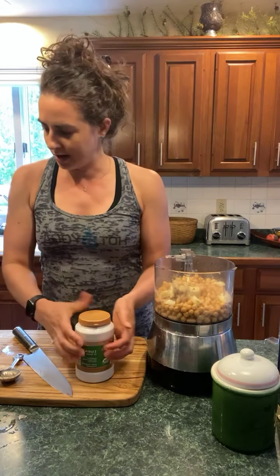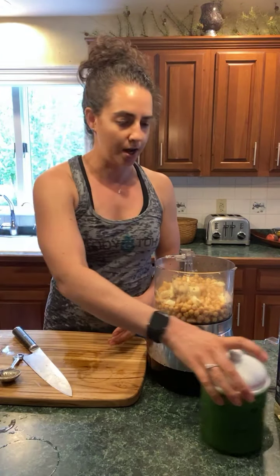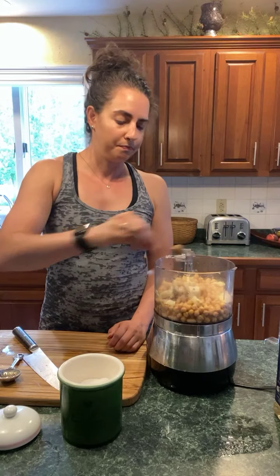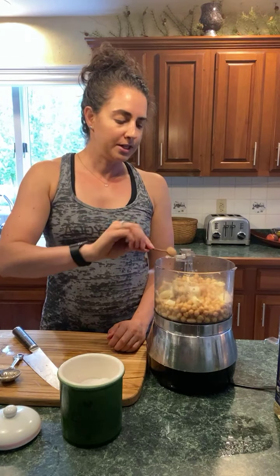Okay, and then we are doing salt. This is kosher salt, and I kind of do this by taste, but this is a teaspoon. I would probably say I'll do 3. I'm gonna have to taste it and see, but 3 teaspoons salt,